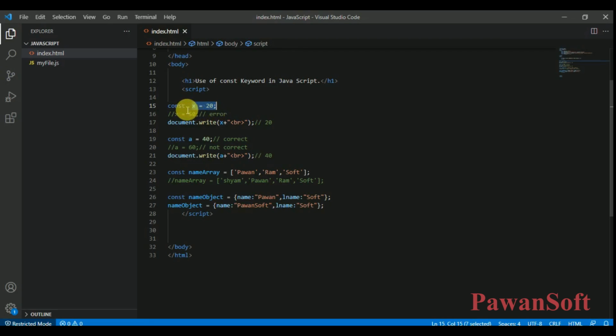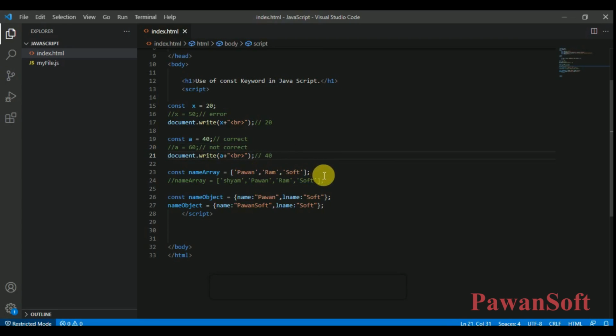You can't declare and then initialize in a second line, right? But you can change the property, right?